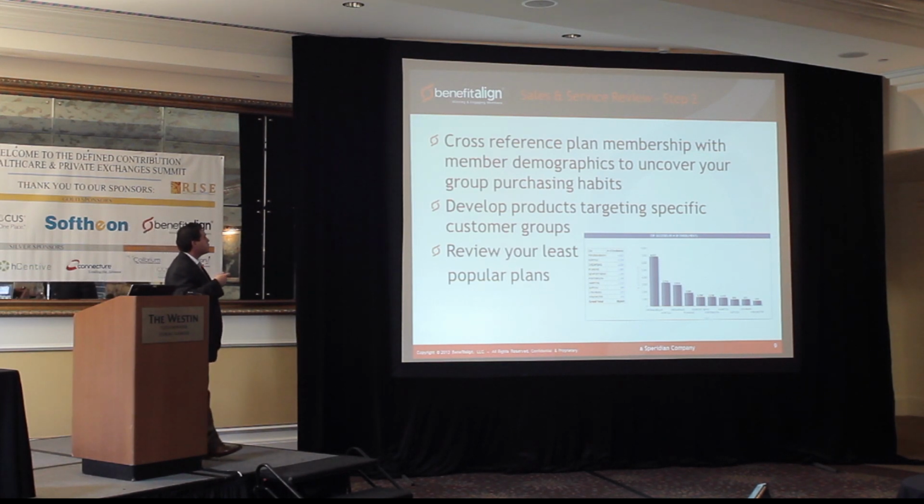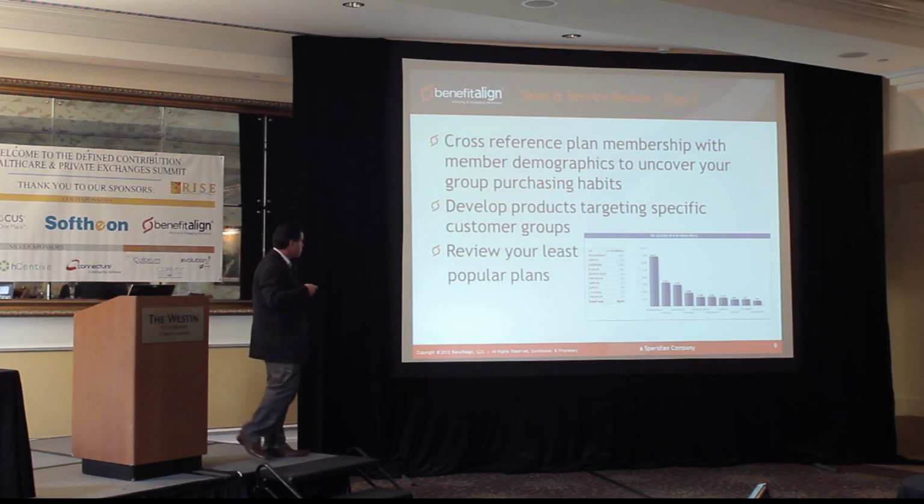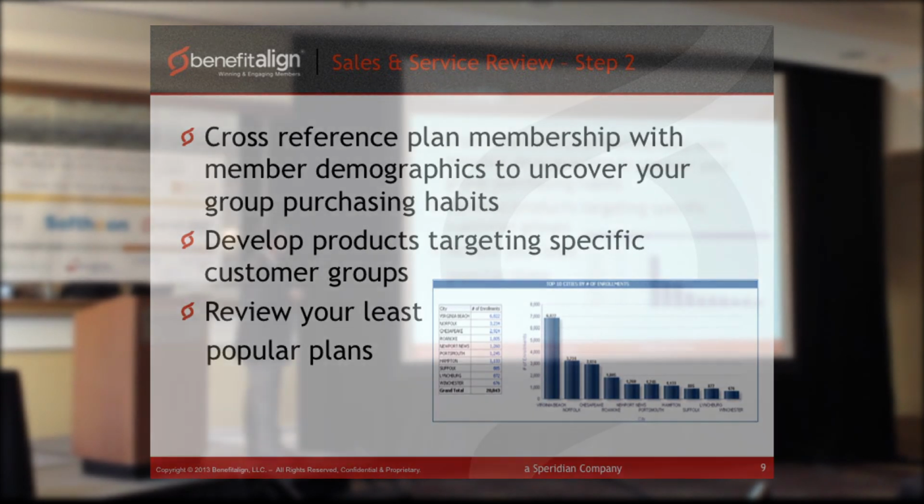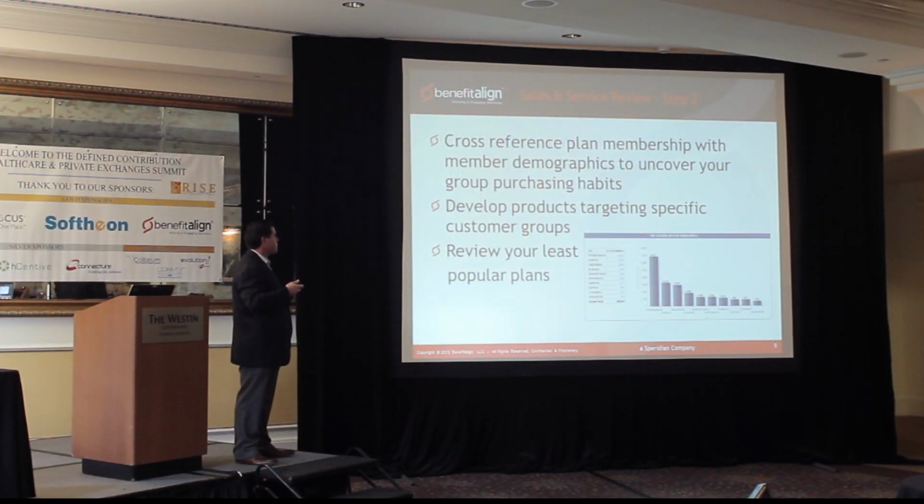So what we've done here is we've drilled down into a plan to see where these folks are buying it. For those of you that don't see the city, the top city there is Virginia Beach, and the one at the bottom is called Winchester. So what's happening here? Is my marketing really bad in Winchester? Or are the folks that live in Winchester not really my demographic? Maybe the plans are priced too high for Winchester. Maybe my marketing is really great, or my brand acknowledgement is really great in Virginia Beach.